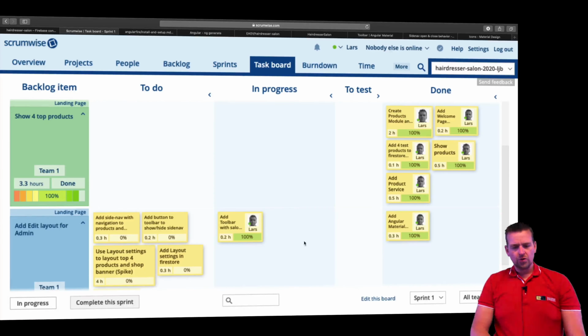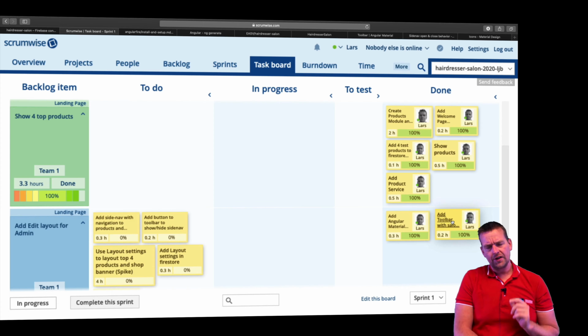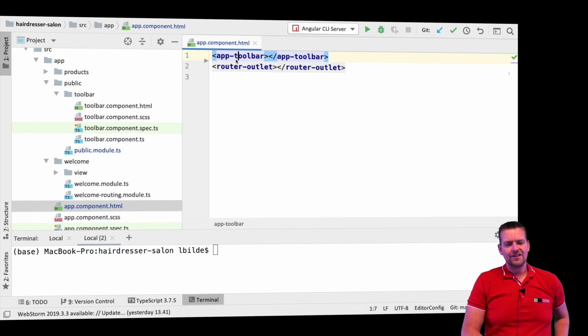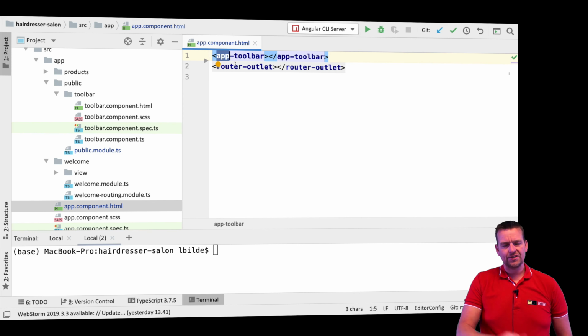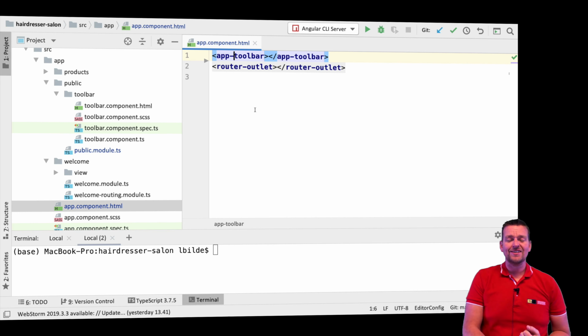Welcome back. So the toolbar is done. We're going to move on to new things. But before we actually do it, I want to just mention one thing. And that is right now, if you noticed last lesson, my tag was actually called app, or the selector was called app toolbar. Now that's a standard Angular name, but I want actually to make my tag unique for